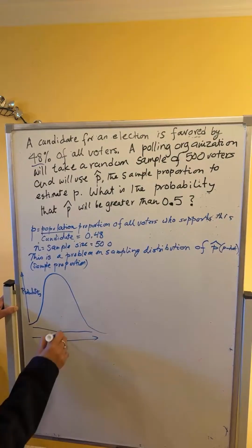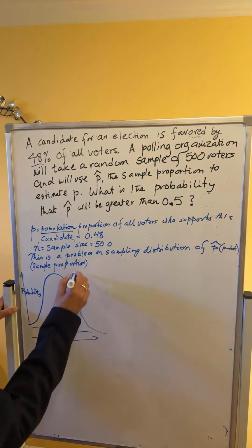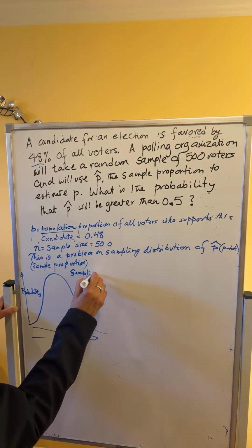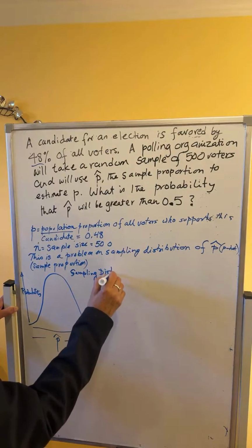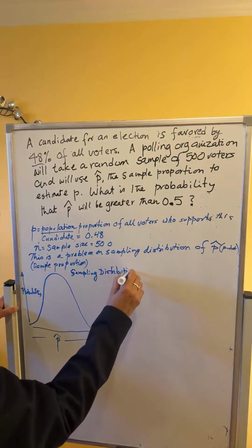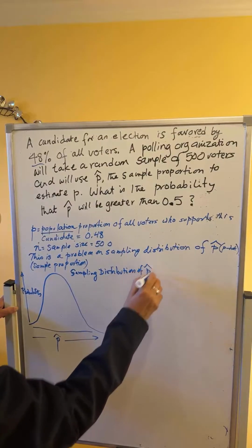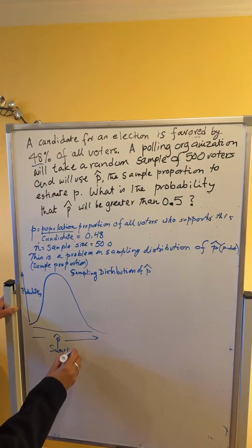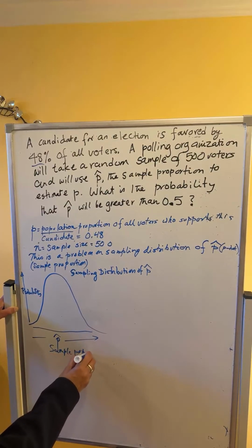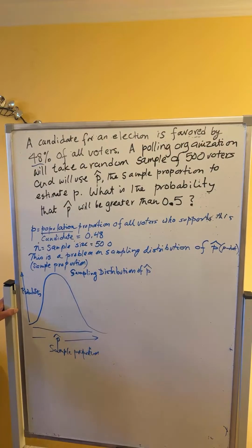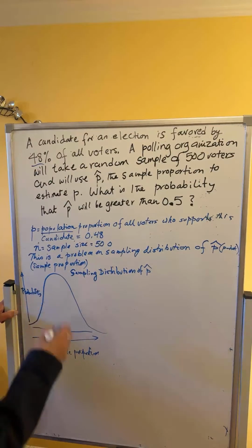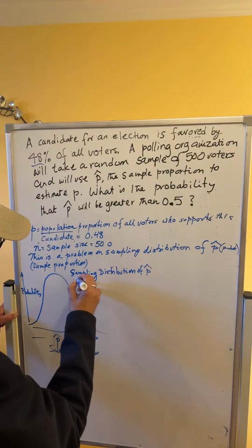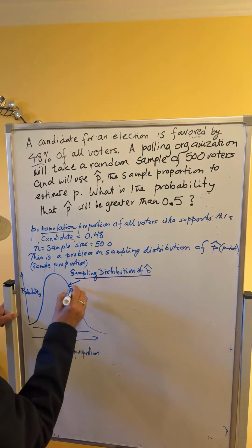This is the sampling distribution of P hat, that is sample proportion. Okay, we can use this sampling distribution to solve this problem, provided we first calculate